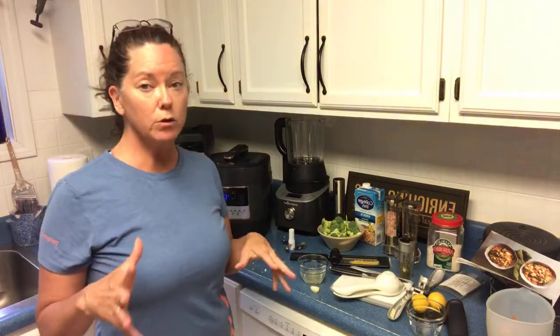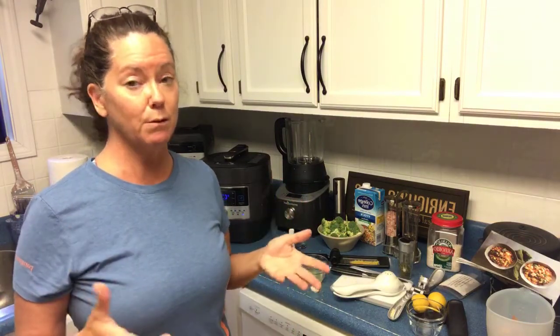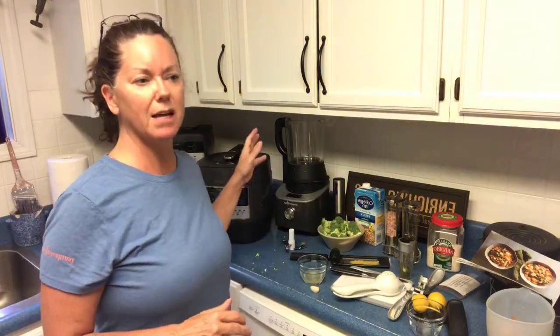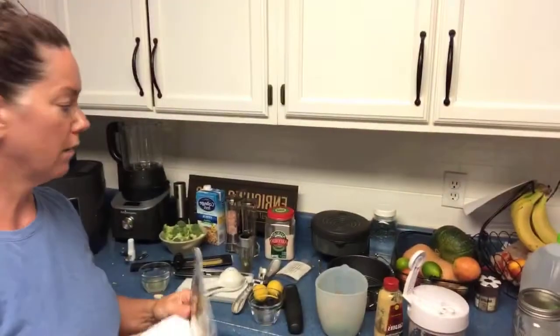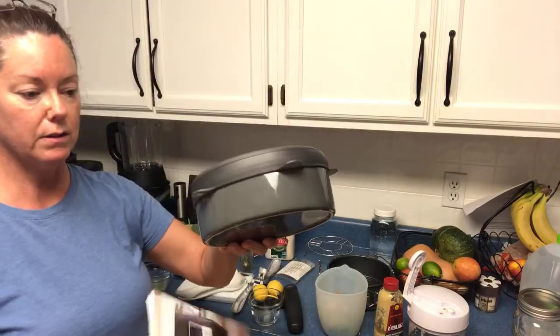The frozen takes much longer. You know, it takes longer for the steam to come up to pressure. But once it comes up to pressure, it still only cooks 4 minutes or 7 or 12 or whatever the recipe calls for. You can do deviled eggs. I'm sure you saw me do the teriyaki chicken with rice in the... let me show you. Turn the counter here. This is the ceramic rice bowl, and this has the...